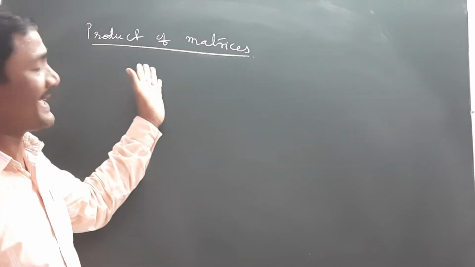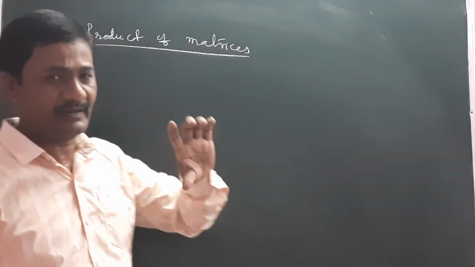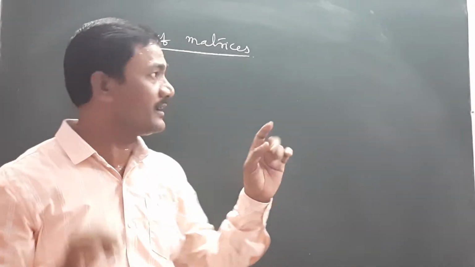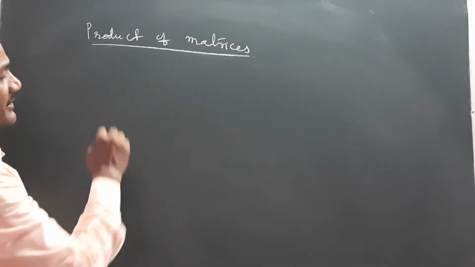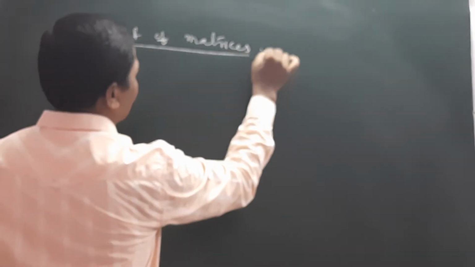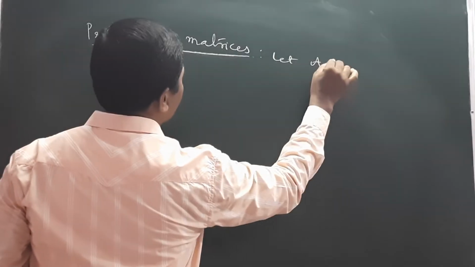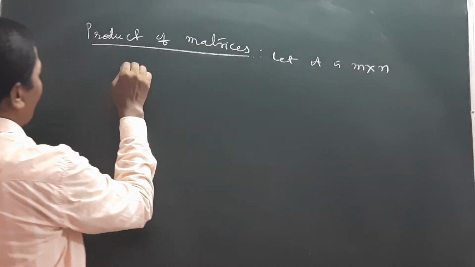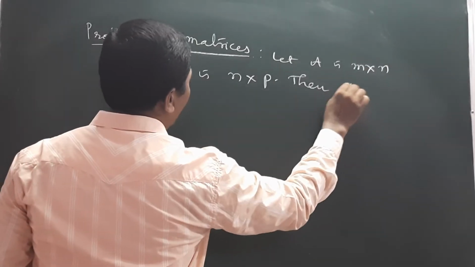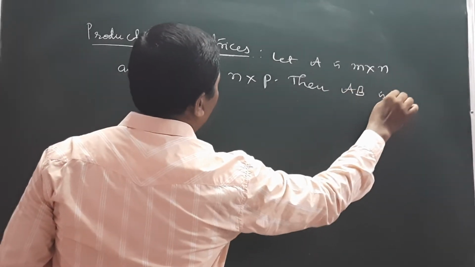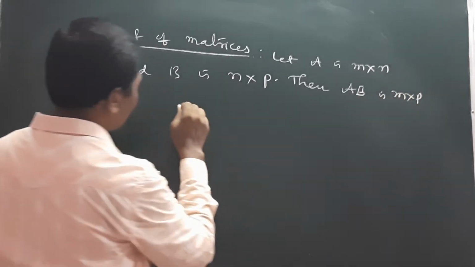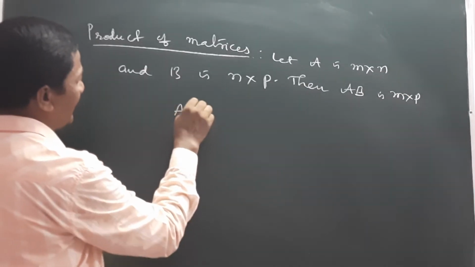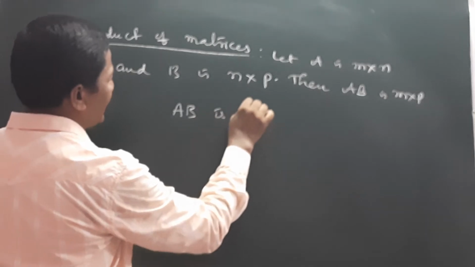Now, the product of matrices. In the previous video we already saw the addition of matrices. Now we are defining the product of matrices. Let A be m by n and B be n by p. Then AB is m by p. That means A into B is defined